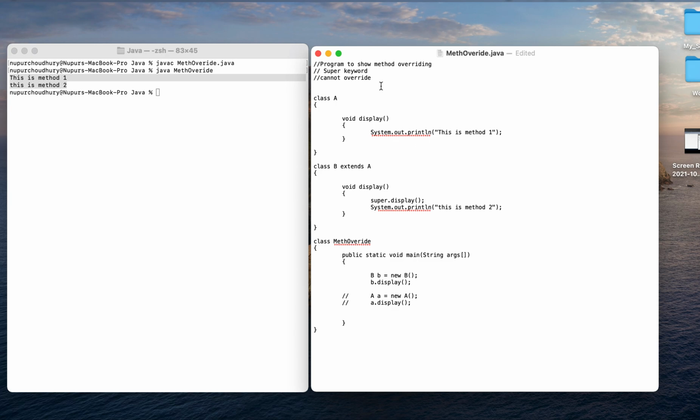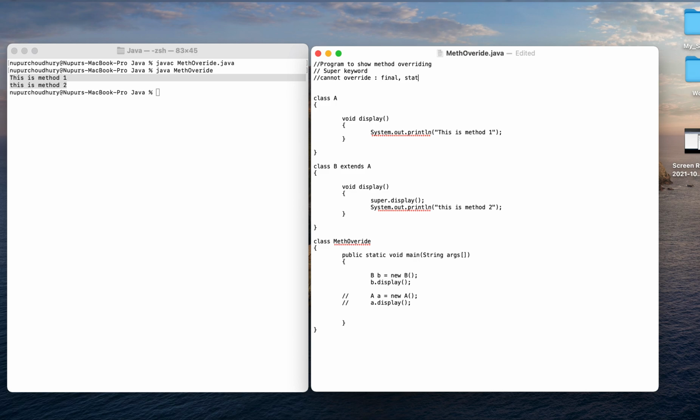The first thing that we have to remember is we cannot override if we have used the final keyword in the method signature of any method. Okay, so final methods cannot be overridden, and if we do not want that particular method to be overridden, we will introduce the final keyword to its signature.